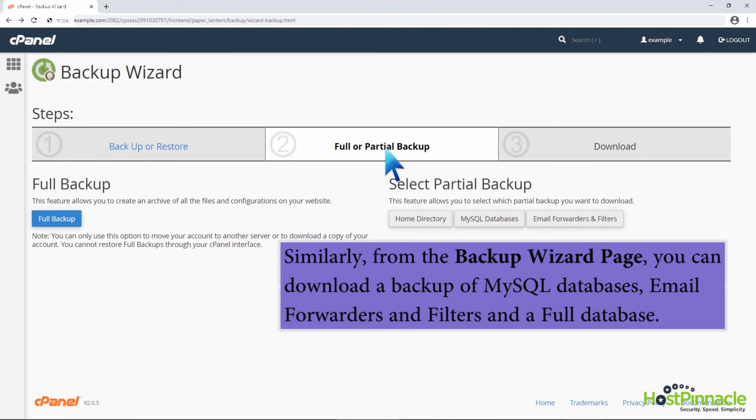Similarly, from the Backup Wizard page, you can download a backup of MySQL databases, email forwarders and filters in a